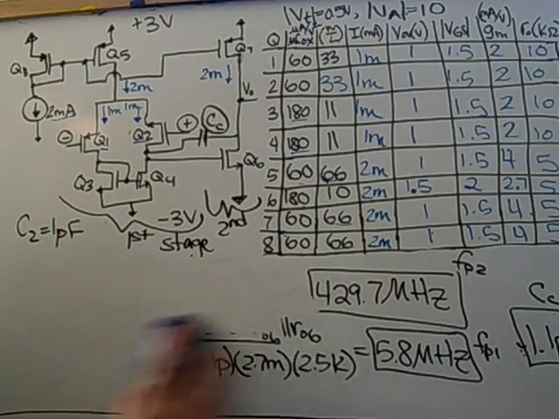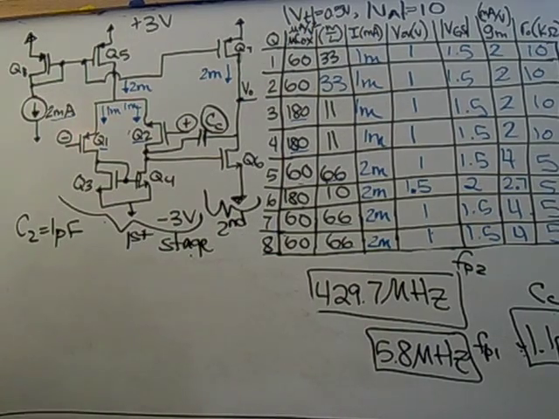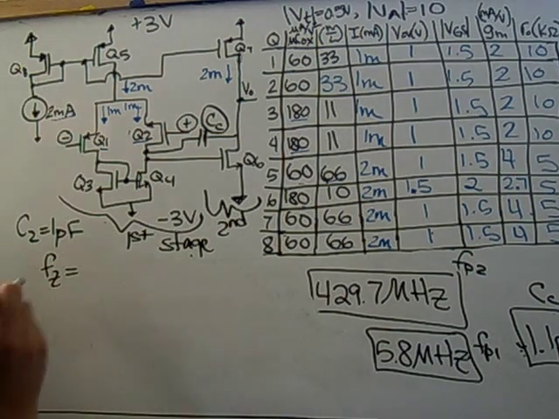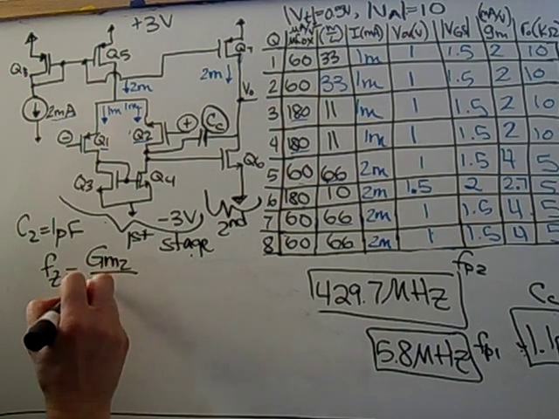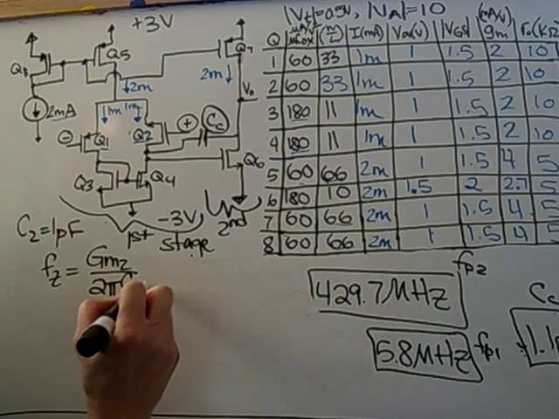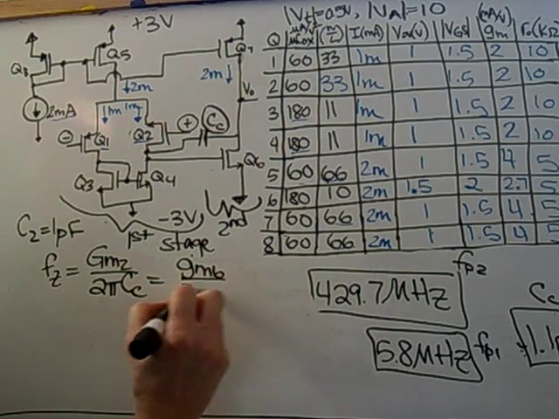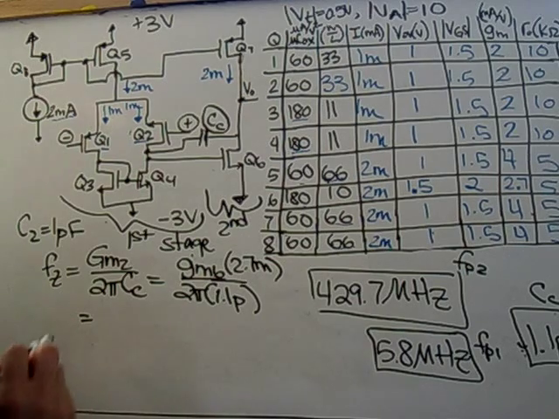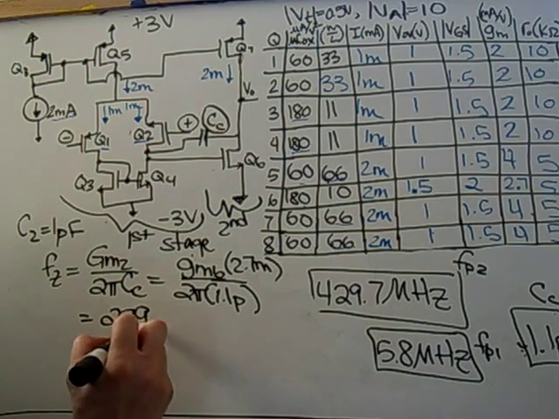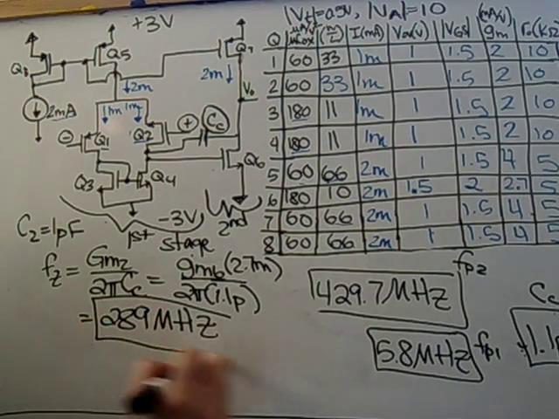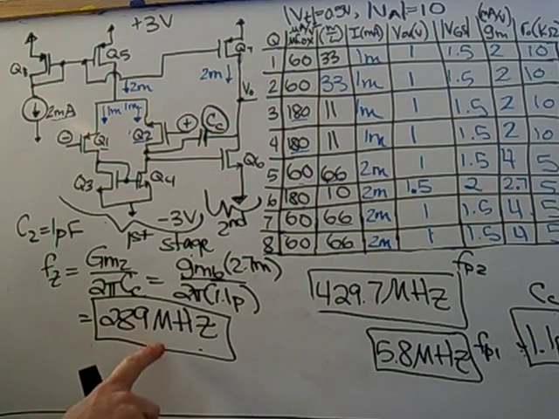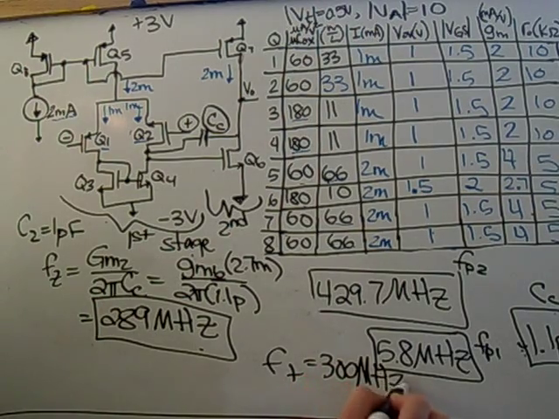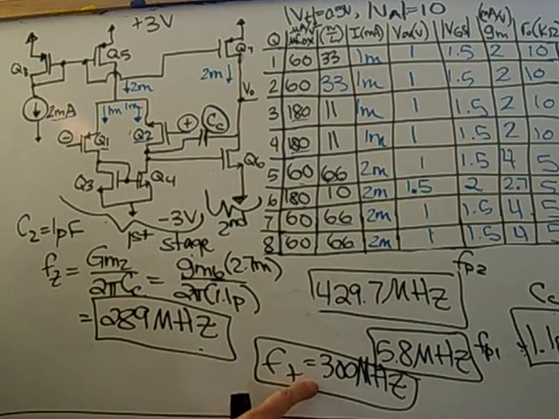FZ, which is your 0, remember it's a positive 0 instead of a negative 0. And FZ is equal to a big gm2 over 2 pi Cc. So this is gm6 over 2 pi. This is 1.1 pico. And gm6 is 2.7 milli. And that gives a value for FZ of 289 megahertz. So here we see that this should be a direct indication that there's something wrong. F of t we had designed for was 300 megahertz, and this FZ is lower than F of t, which is going to make